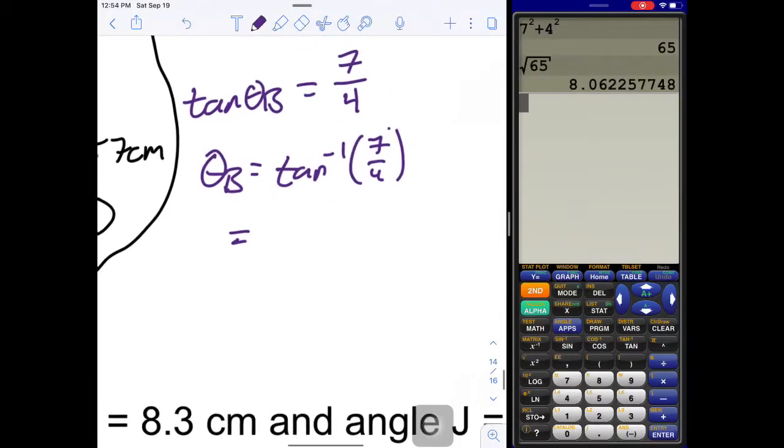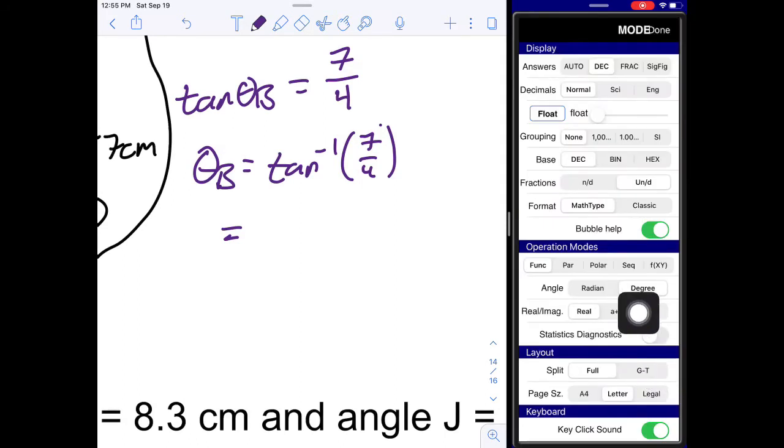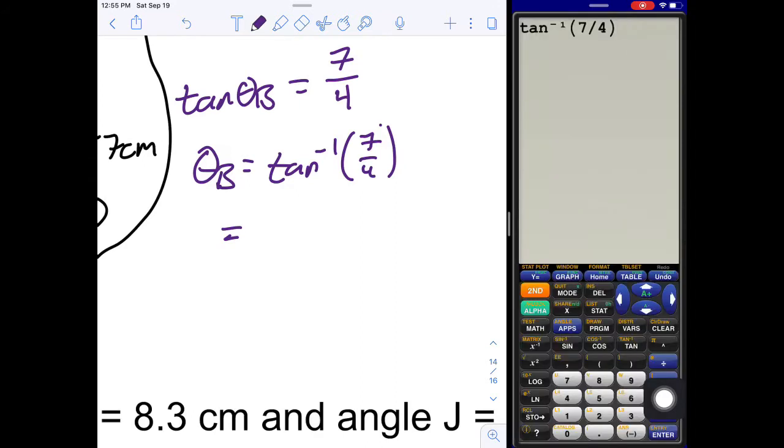So if we go here, remember, how do I get to inverse tan? Well, if I just press tan, that's not what I want. I want inverse tan, and you can see in the yellow writing, there's inverse tan. So I'm going to press the yellow button, second. That's activated all the yellow writing, and I'm going to press tan inverse. You can see it's popped up, tan inverse. And now I put in 7 over 4. Please make sure you press mode just before you start doing things and make sure you're in degree mode. You don't have to do that every time, just make sure you're in degree mode or else you're going to get the wrong solution. Now that gives me